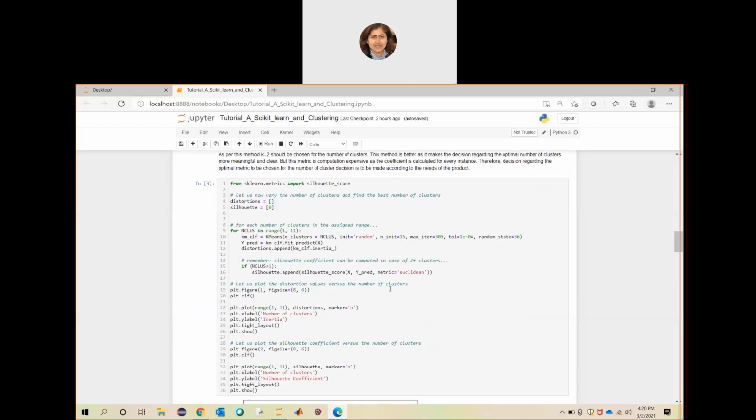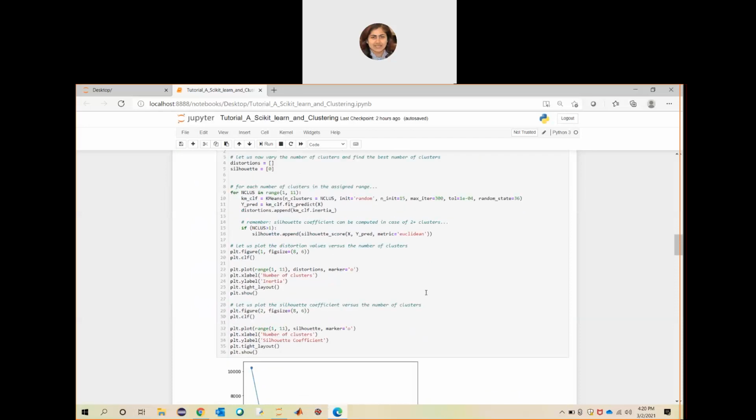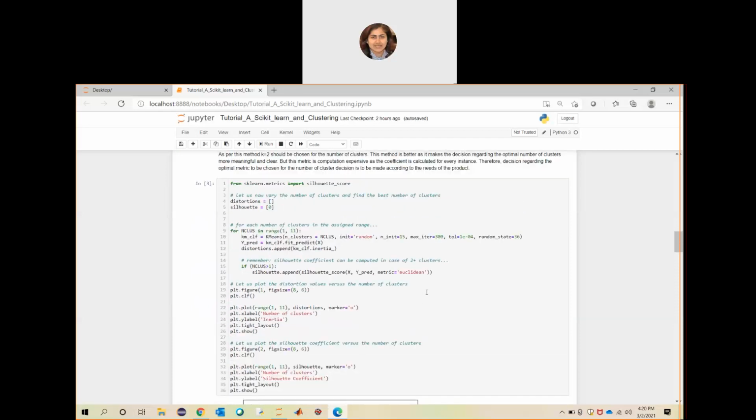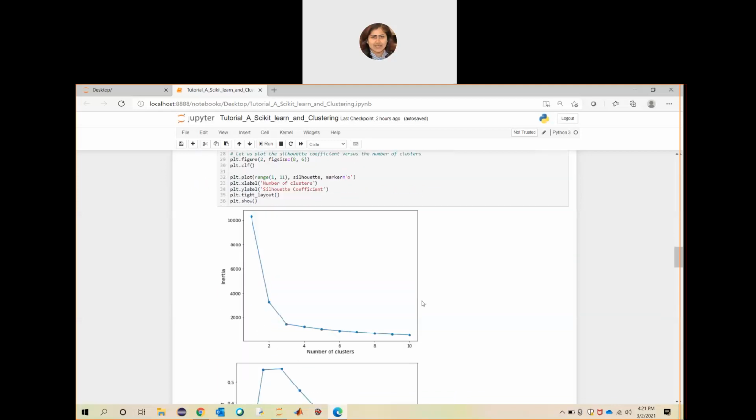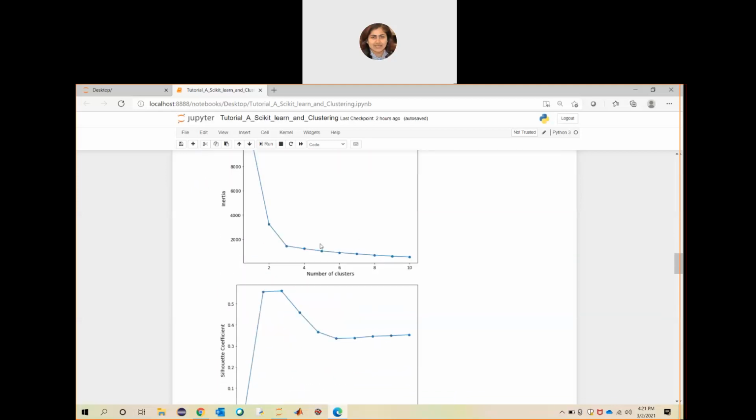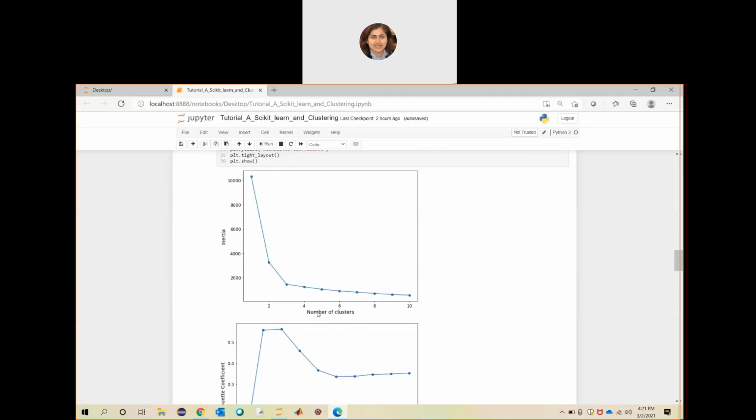Now see, suppose you have a huge data set and you have a range of inertia and Silhouette scores. So how do you actually visualize them and make a decision looking at them? To do that, here you see the two outputs. Okay. Are you seeing the screen? So here there is a plot for inertia. For each number of clusters, the inertia value is plotted.